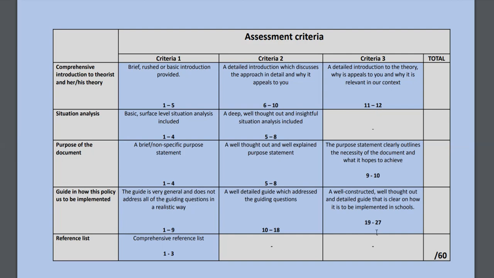Usually I do not provide marks for reference lists, but in this case I do, because I want to see that you have referenced documents, official documents, policies. I want to see that you've referenced many various sources of reference, such as websites, books, textbooks, etc. I want to see a varied type of reference list. So I do hope, and of course it's out of 60, I do hope that this has given you some